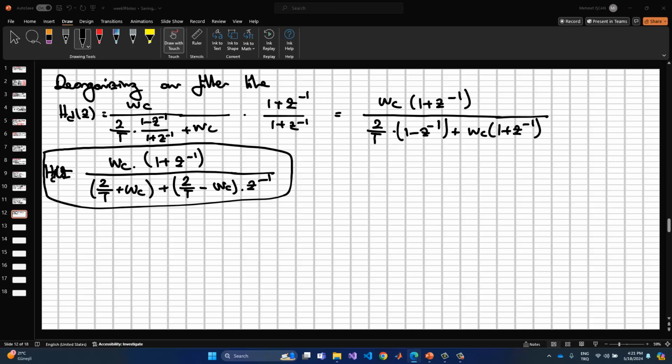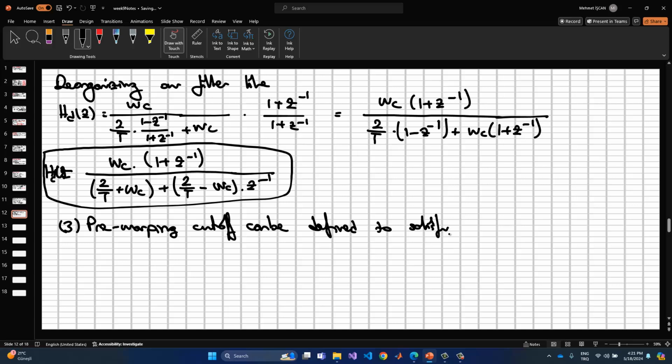Because if we have this information, we need to apply the pre-warping conditions, right? So in the third place, we write that the pre-warping cutoff can be defined to satisfy the cutoff frequency, which comes from the cutoff property, non-linear to linear, because the RC filter is in the